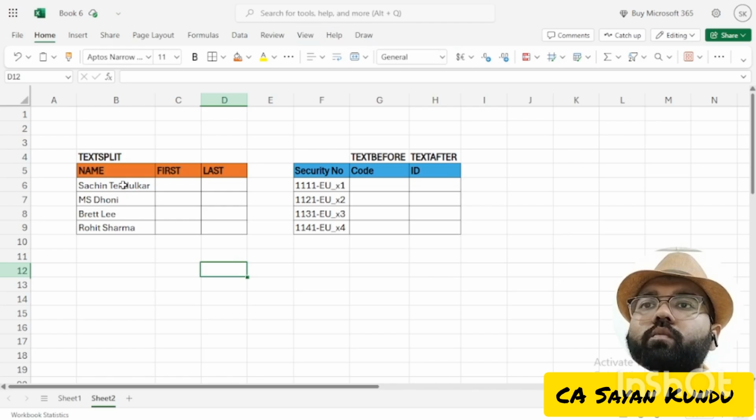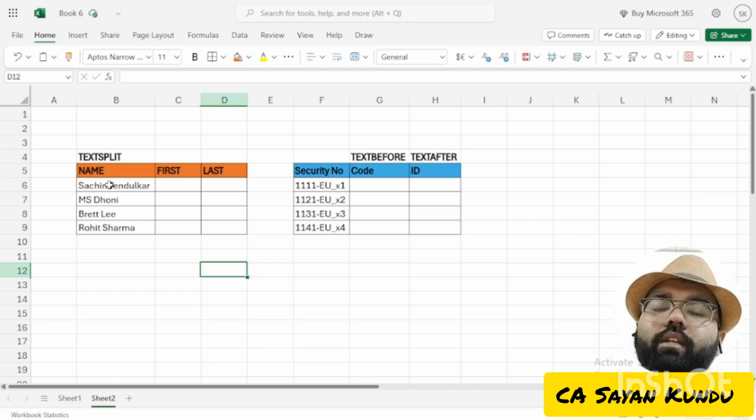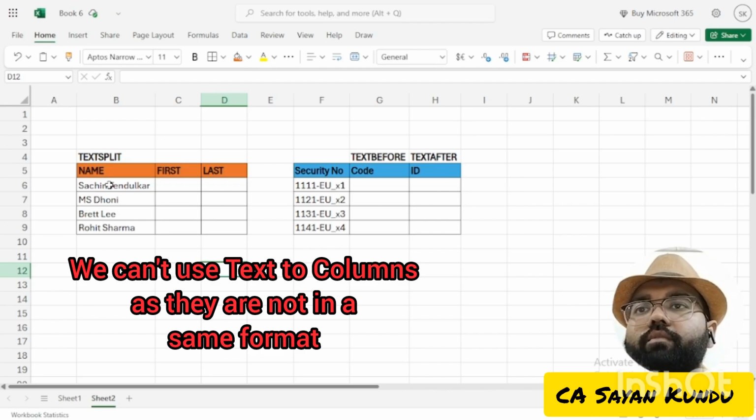In this video, I'll talk about some new text functions that have been added into Excel. Many times we come across a situation where we need to separate the first name and the last name and the format isn't the same. So we cannot use the old text to column delimiter function that we used in the past